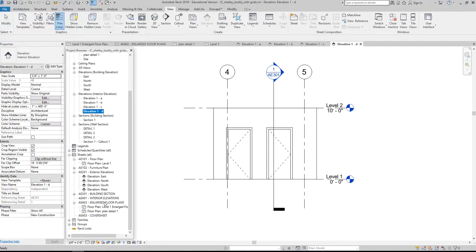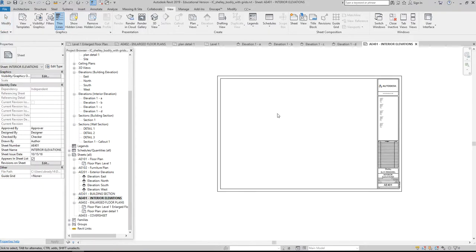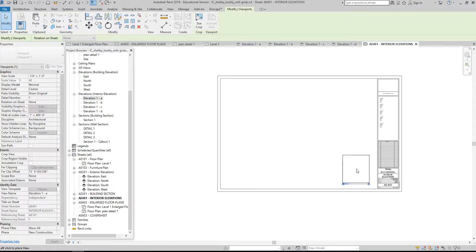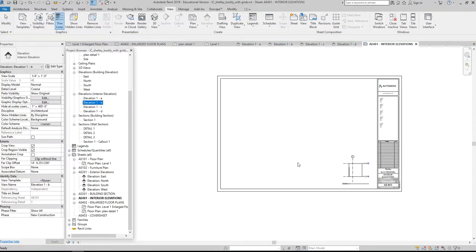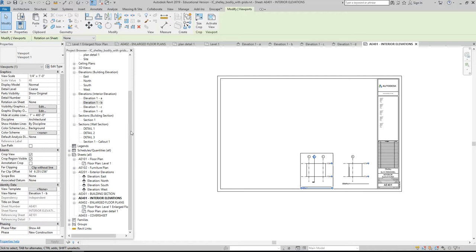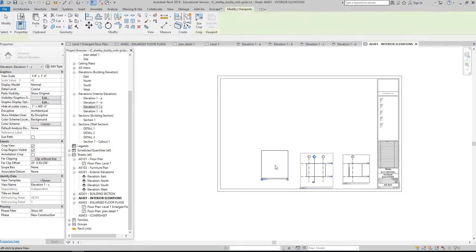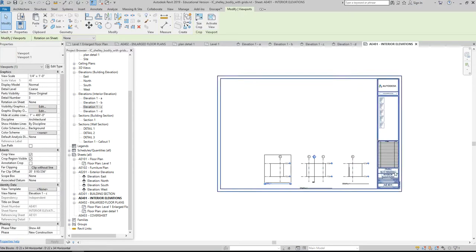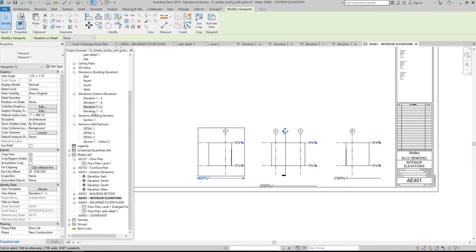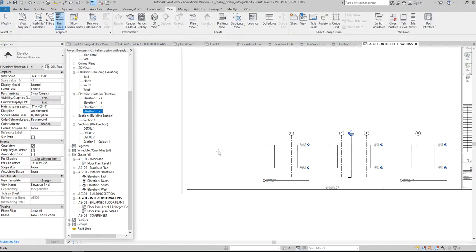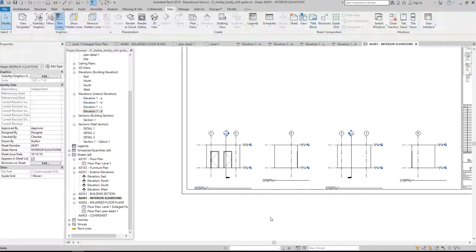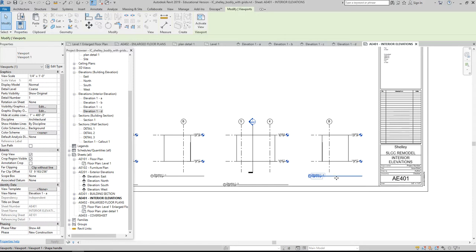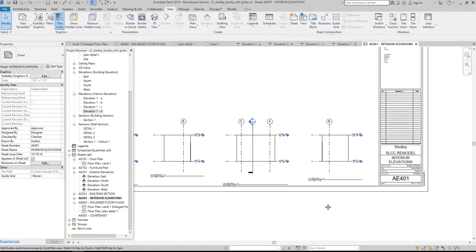So I go to my interior elevation sheet and 1A, very nicely place it. 1B, right? 1C. I like to place these, see how the midline is lining up. I like the elevations to be on a line, and then I'll come back and line up their view titles. 1D. Okay. I know it's again one of those things that seems kind of not as important, but you know